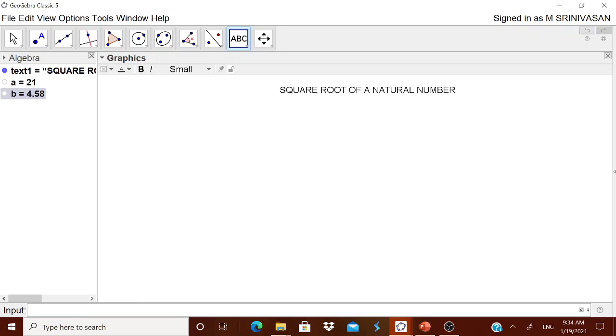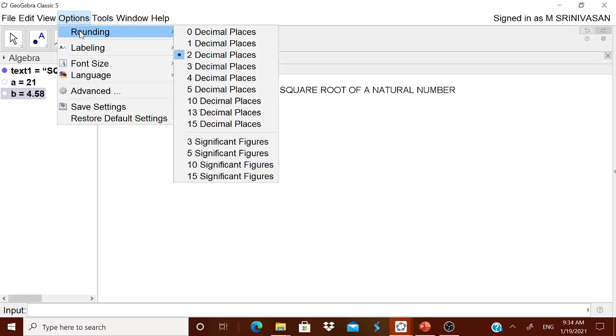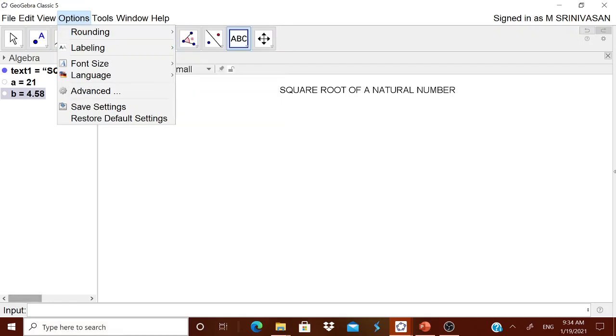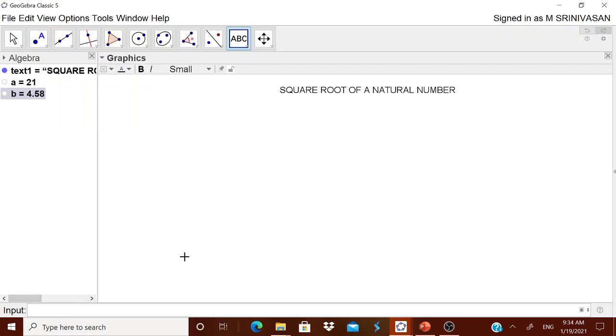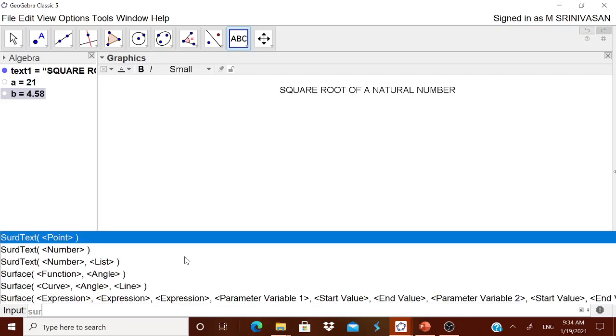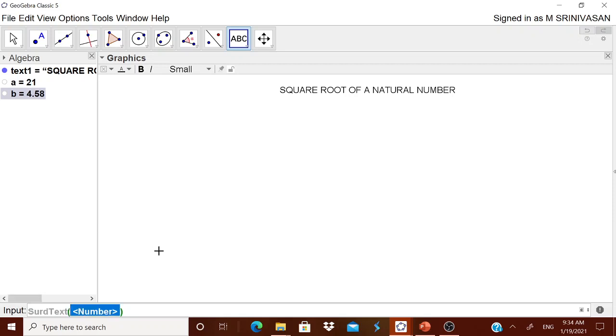Okay. It is rounded to 2 decimal places. Now if you have the options of rounding off to 2 decimal places or 1 decimal place, it is left to you. Well, now I am going for the surd representation. You know, some numbers have a surd representation. For example, if you have 50, it can be written as 25 into 2, therefore 5 root 2. Therefore, you type SurdText, the number. Which number? B. Because surd representation of that square root you want. Now I am pressing enter. Immediately this root 21 has come. Put it over here. You remember that this is text 2.